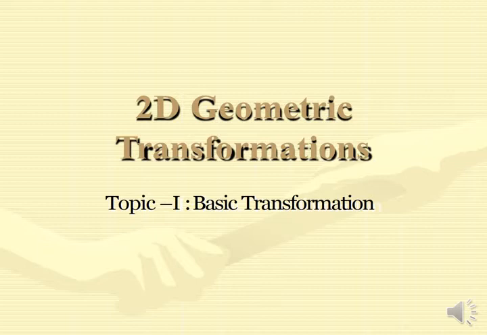Okay, so the first module that comes under the 2D geometric transformation is basic transformation. That means the transformation operations that are going to be the base of this chapter, or you can say the base of this concept. It is basically going to include some basic transformations and their combinations. So basically there are three.